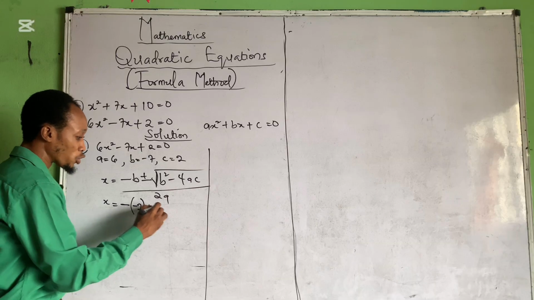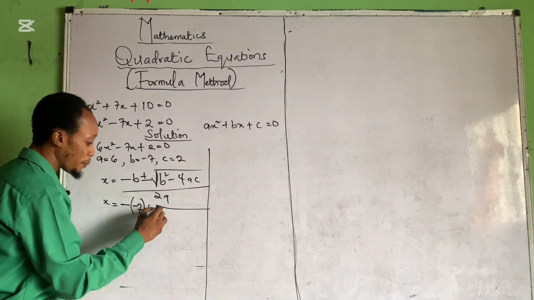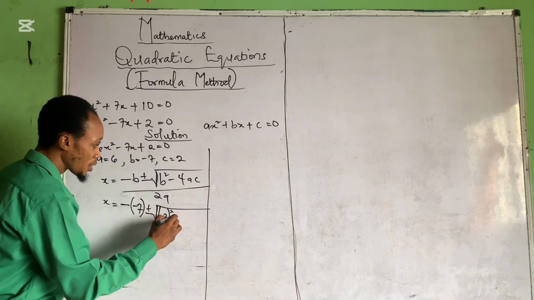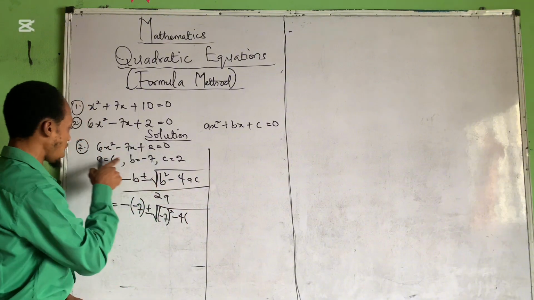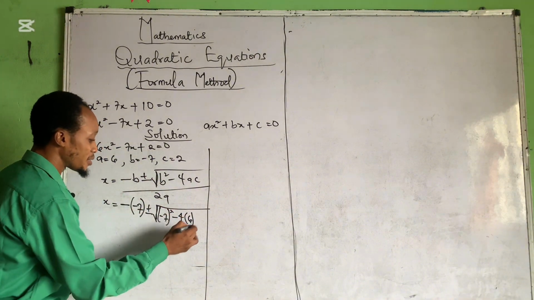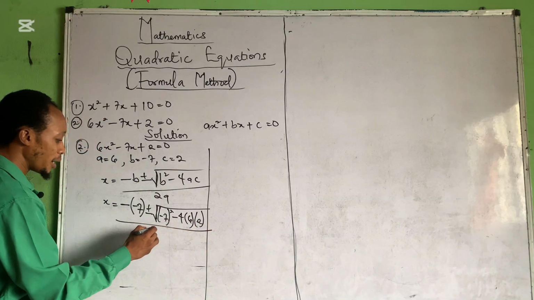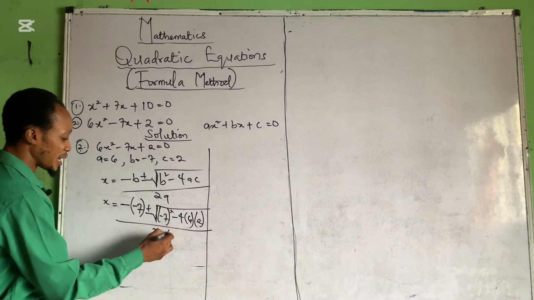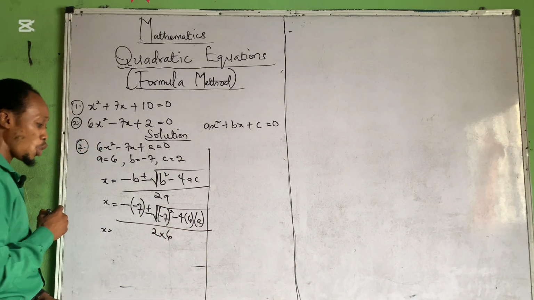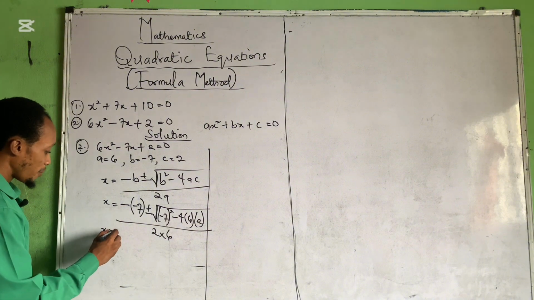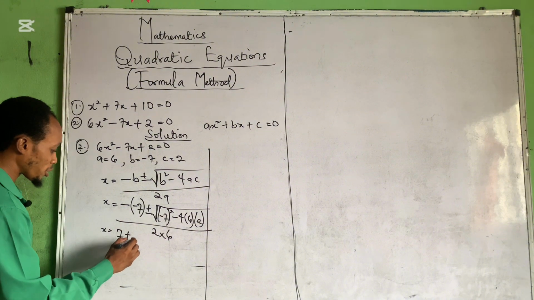Then plus or minus square root of, what's b squared? That's minus 7 squared minus 4 times, what's a? A this time around is 6. Then c is what? It is 2, over 2 times 6. So x is equal to 7 plus or minus